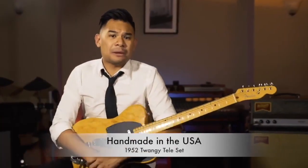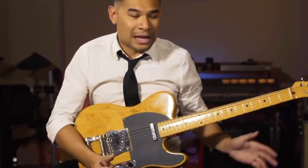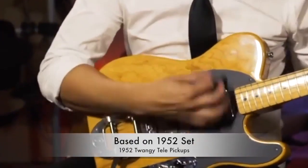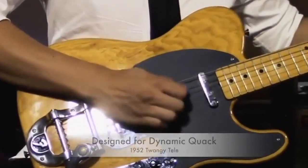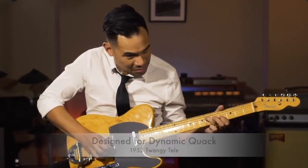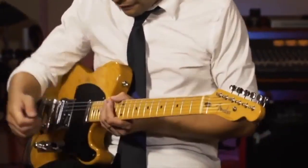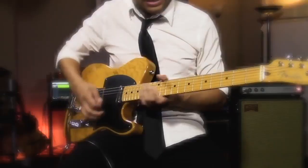Pretty much the way these pickups work is if you're thinking of just the classic Telecaster sound, that's it right now. You have that nice full responsive neck pickup, that nice bright treble pickup, and in between a nice quacky. For those stack sounds. Outside of country, what I would use this guitar for is also surf stuff. If you're looking to get nice waves of sound or something really pretty like, what's that song, you know, the...